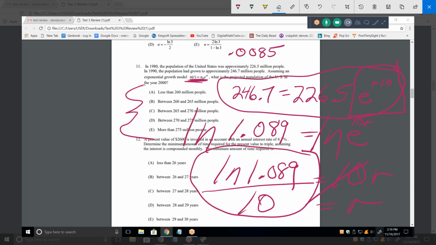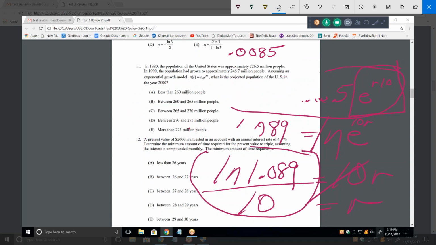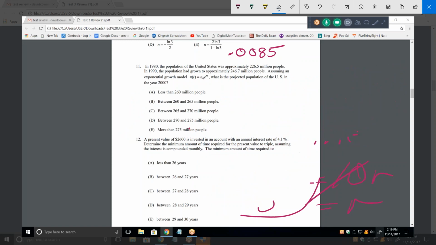All right. Now I'm going to erase everything, and we have our specific equation. In other words, the whole point of the first part of this problem was to figure out r. They didn't give us r. But now we know it based on the information they gave us. So now I know that the specific equation is